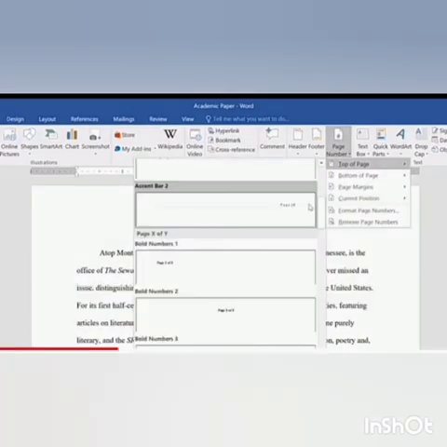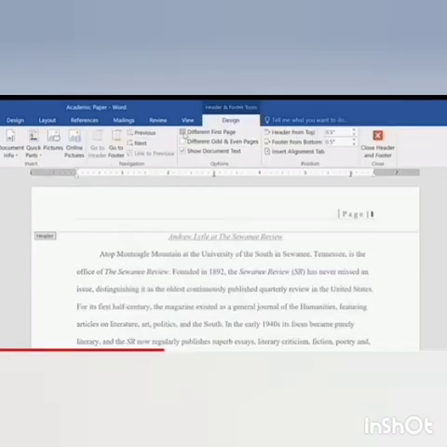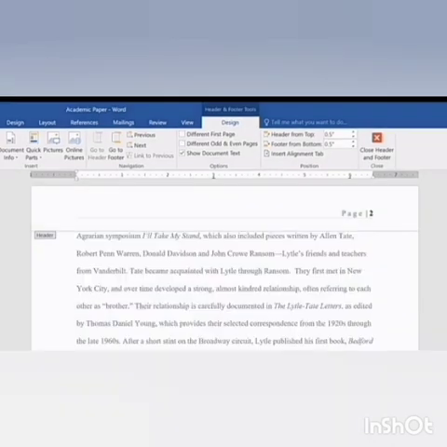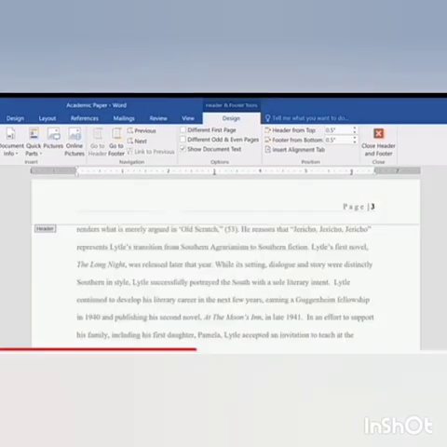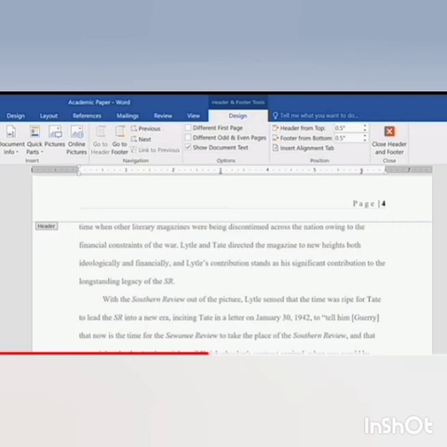Then select a page number option. It will be added in the document. Now, we can see the page numbers. If we scroll down the document, we can see page number 2, page number 3, page number 4, etc.